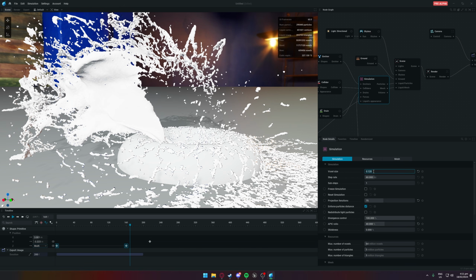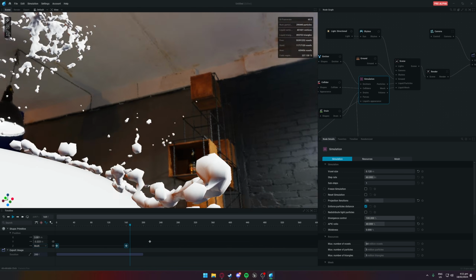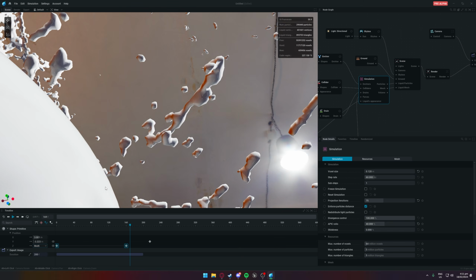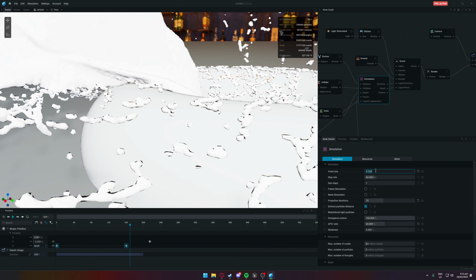But here you've got your voxel size. This is, I guess, the size of, well, your voxels, right? So if you see this and you want to do a really close up and you're just like, oh, that looks kind of bad, decreasing your voxel size is going to fix this. So if I set it to like a 0.8,